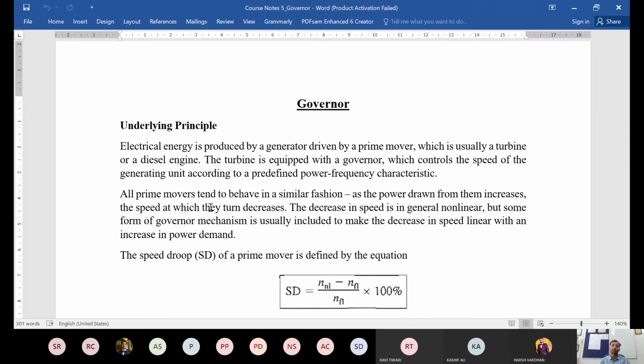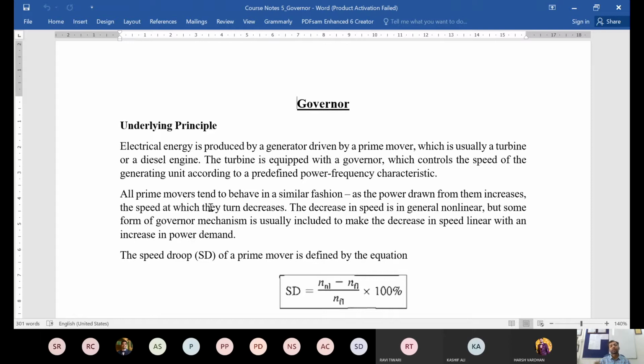If you increase the power demand on the load side, the equilibrium at which it was operating, where the mechanical power you were supplying and the electrical power you were drawing were in equilibrium and the machine was rotating at a particular speed, will get disturbed. In the case of a generator, the electrical power demanded on the load side has increased suddenly. So the electrical power demanded is more, whereas your mechanical power can also increase with time, but instantaneously it is at that same value. So there is a mismatch.